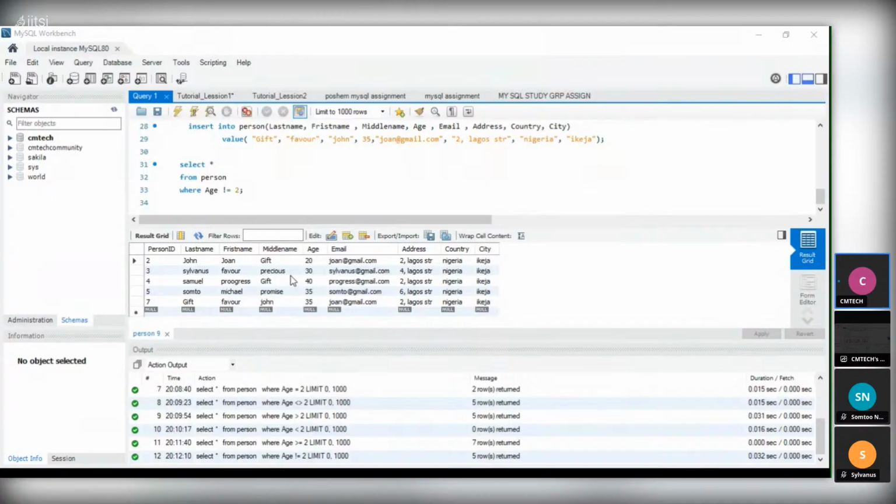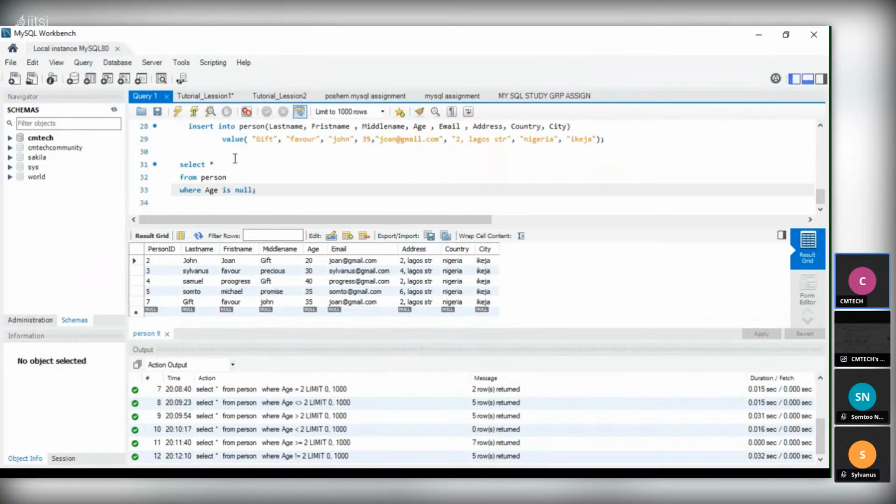We are going to select from persons. Now, let's see where age is NULL. So if we use IS NULL, it will bring out the null values.